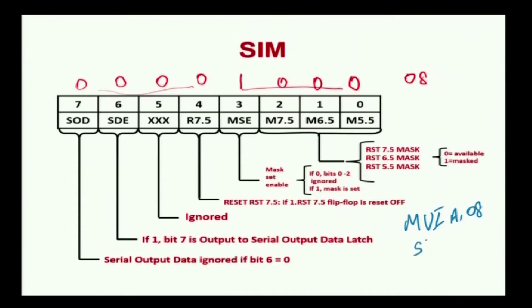After that we have to write the SIM instruction. After writing the SIM instruction, based on the content of the accumulator, the corresponding interrupts will be enabled or disabled. Here we have written it to enable all the interrupts. So now the 3 interrupts RST 7.5, 6.5 and 5.5 will be available based on request. Suppose only 6.5 sends the request, it will be performed. Suppose 7.5 and 6.5 both send the request, first it will recognize 7.5, then it will perform 6.5 based on the priority levels.